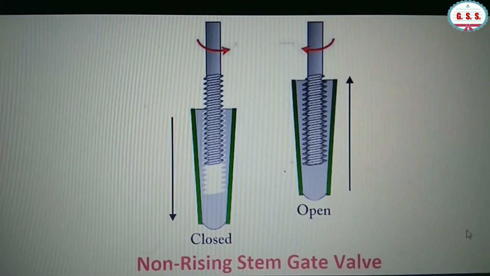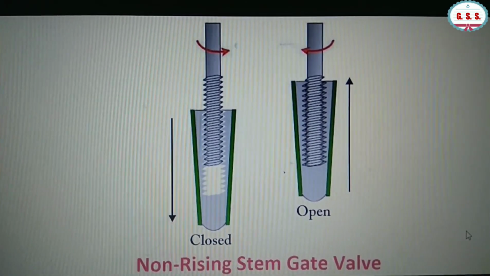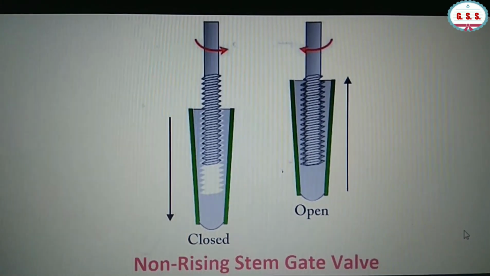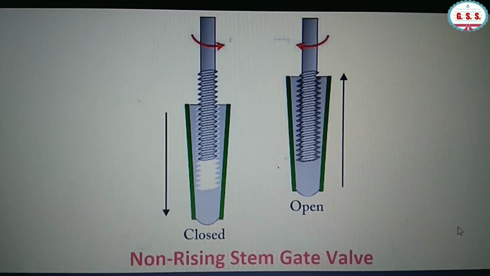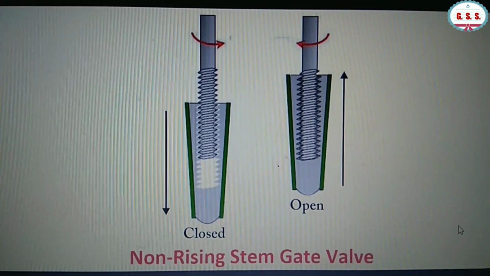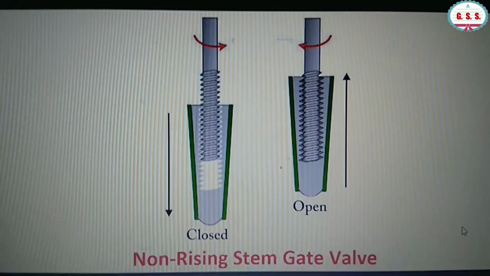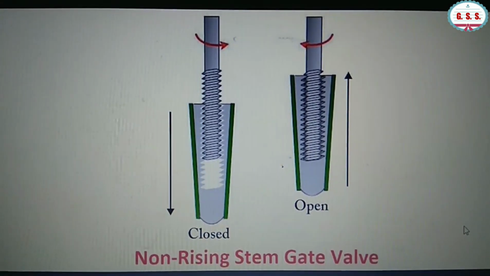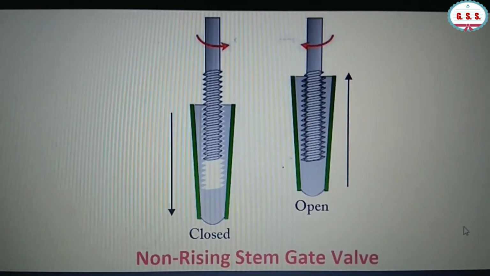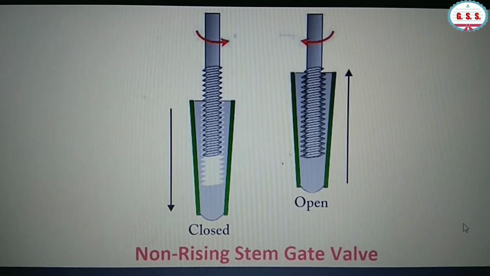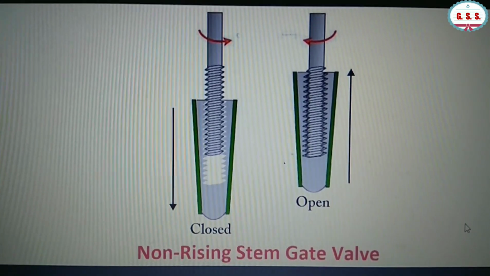You have seen clearly one rising stem gate valve, and you have already seen how the stem portion is projected over the hand wheel. In case of open condition it is more projected, and in case of closed condition it is very less projected. But in case of non-rising stem gate valve, there will not be any projection over the hand wheel. There will not be any projection of stem over the hand wheel in closed condition as well as in open condition. So from outside it will not be possible to say whether the valve is in open condition